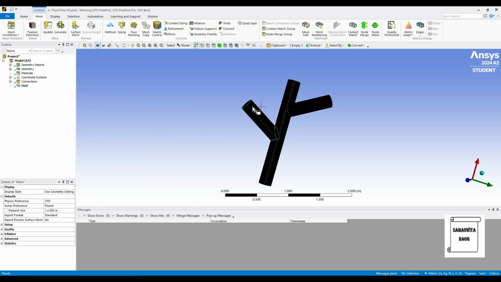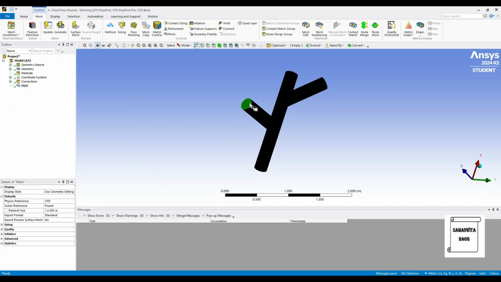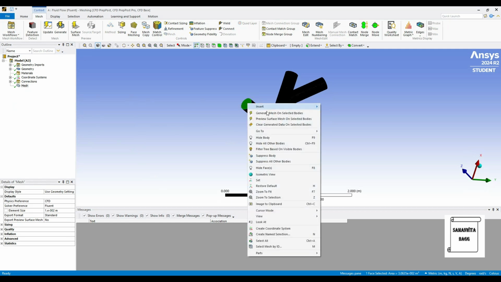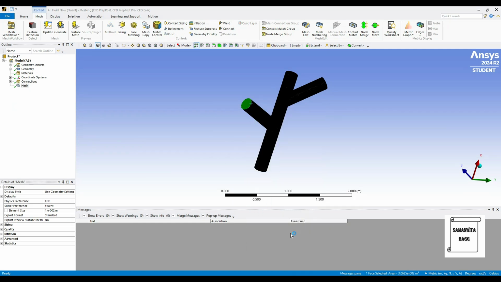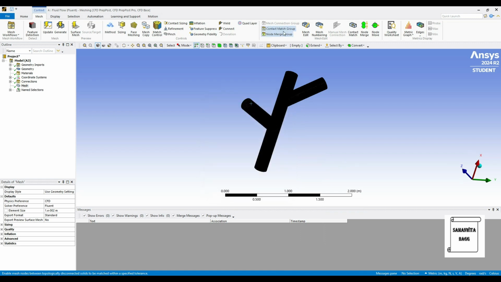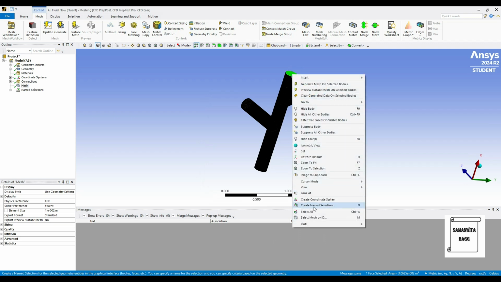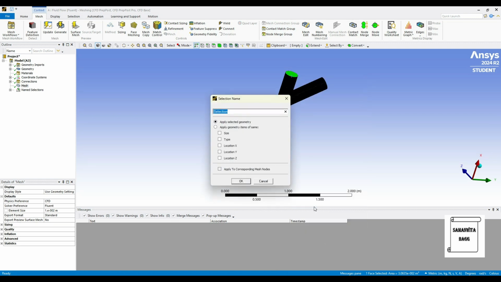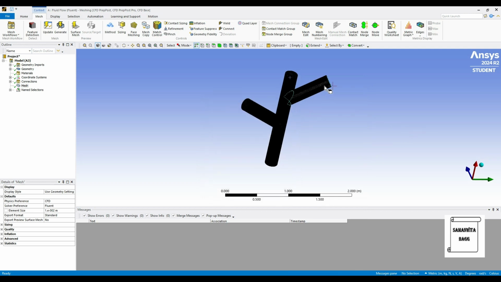Once the meshing is done, I will mark the inlet and the outlet and wall. So this is my inlet 1. This is the inlet 2. And this is the inlet 3.